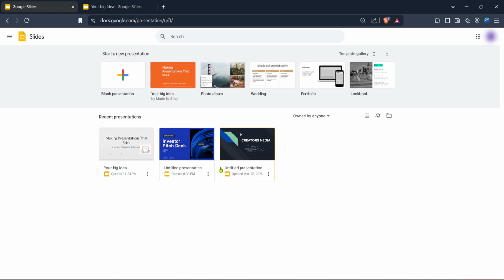First things first, you want to head over to Google Slides. If you're not already signed in, you'll need to use your Google account credentials to log in. Signing in ensures you have access to all your saved presentations and gives you the capability to create new ones. Once you've logged in, you'll find yourself at the Google Slides homepage, which is the starting point for creating or